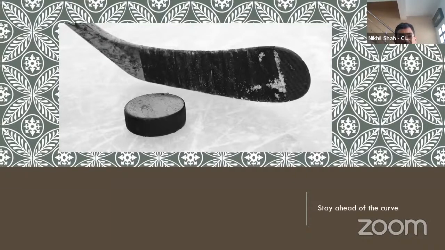Unlike cricket or football, in this case the ground is covered with vertical surfaces so that it comes back. But it slides, and it's so fast because it is on ice. So what is important is that we should know where the puck is going to be, right? Where, when the person hits it, it is going to hit the wall, take this angle, and go to this place. So all the smart players of ice hockey don't chase the puck, but go towards where the puck is going to come, right? And that is what these technologies are all about.